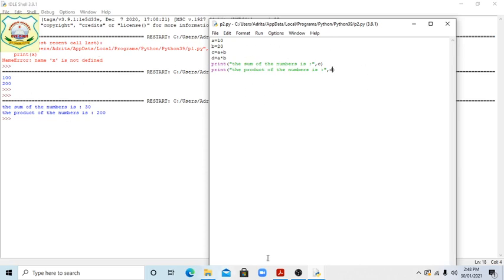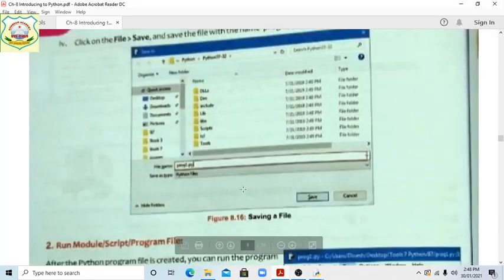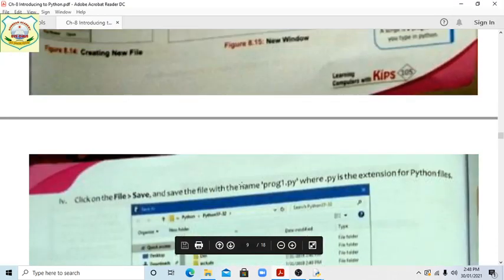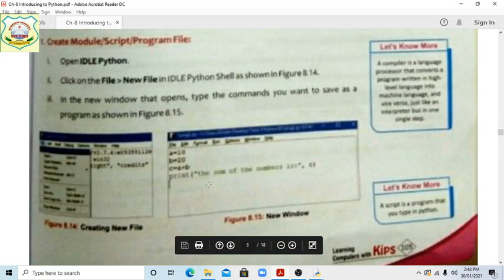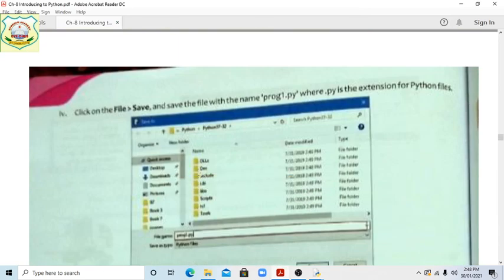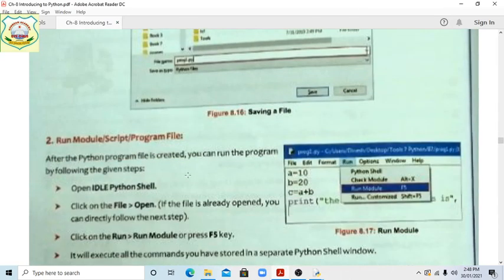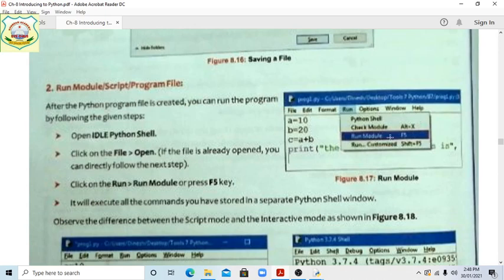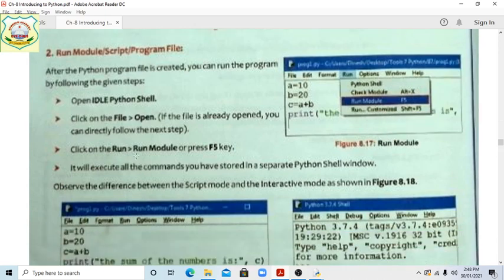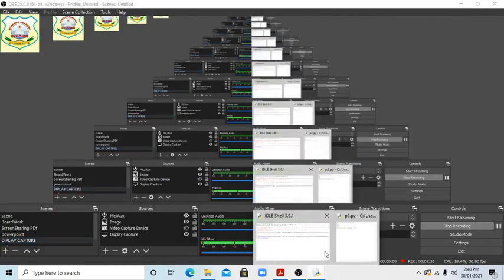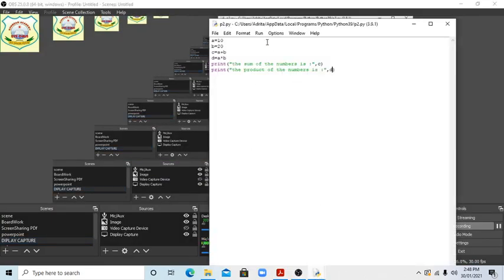Clear students? You can see here there is given how to save. You know that we have told you how to run a module: we can use run module or press the F5 key. You can see, students, when you are running, they are showing run module or F5, function key F5.